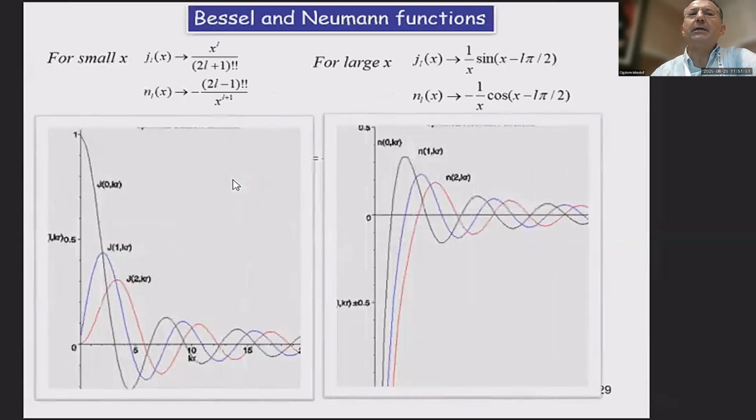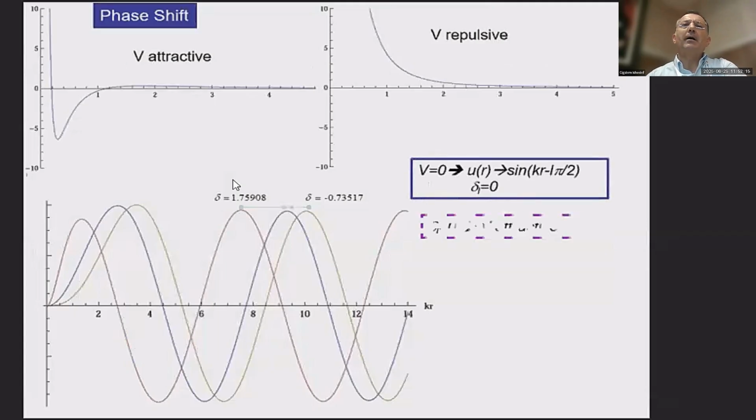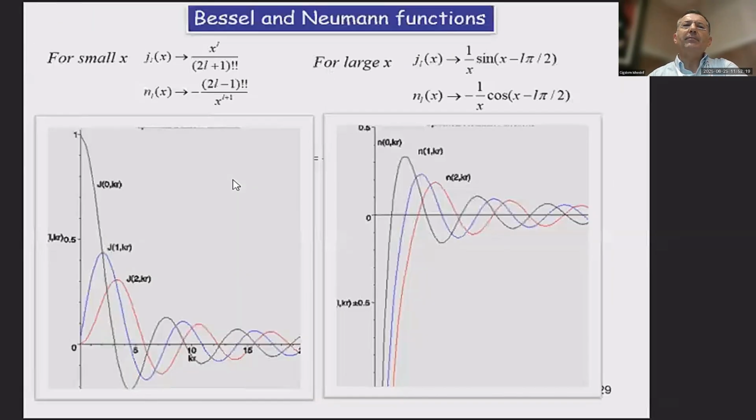Let me show you here the Bessel functions and Neumann functions, regular Bessel and Neumann. As you see, the Bessel function starts from the origin, whereas the Neumann functions diverge at the origin. At large distances, now, this is the important part